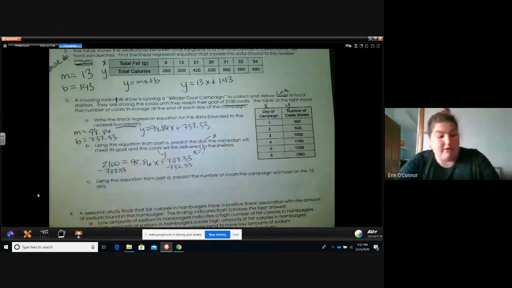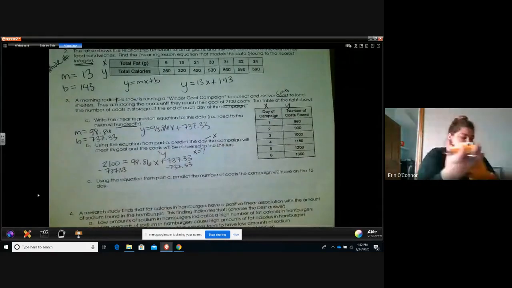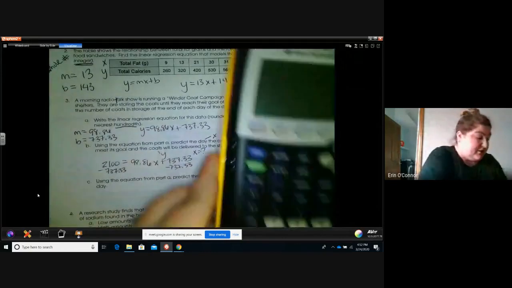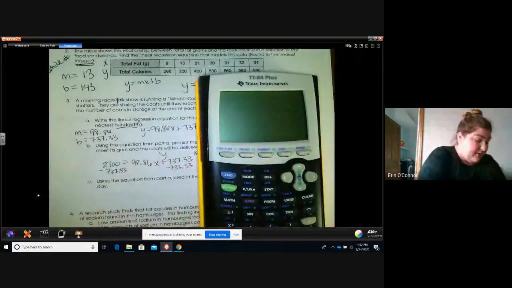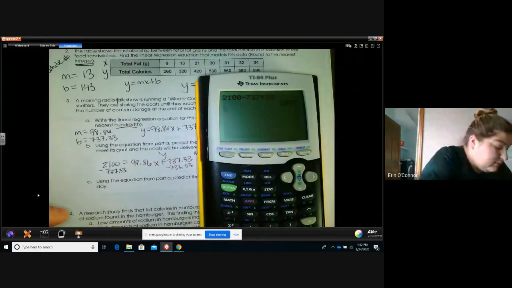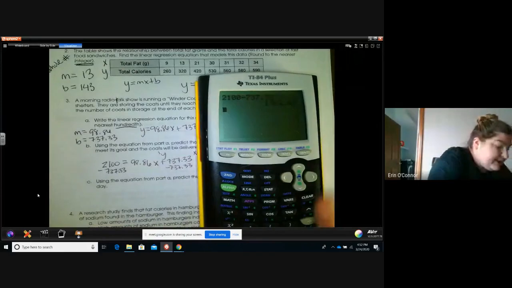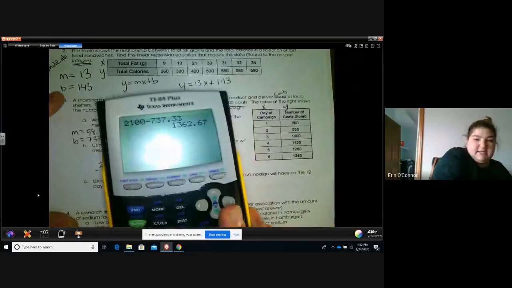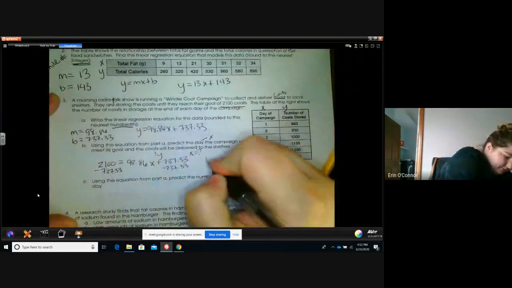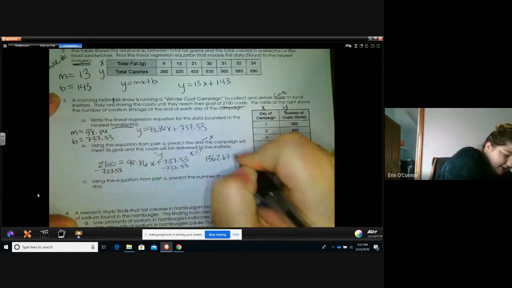And I'm going to use my yellow calculator for this because it's going to be a little bit easier. You can do this in Desmos, and I'll show you that in just a second. But 2,100 minus 737.33 is, oh, not plus, sorry, 2,100 minus 737.33 is 1362.67. So 1362.67 equals